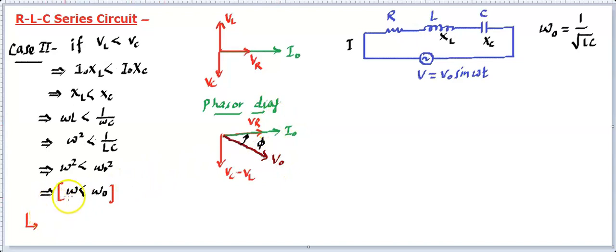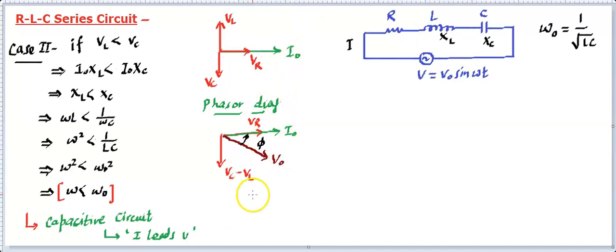And you'll find a conclusion from here. We can make it like this. In this particular case, VC is dominating, the capacitive circuit, so it will have a property of capacitive. So we will say the circuit has capacitive property, or capacitive circuit you can call it. Whenever there is a capacitive nature, then you'll find current is going to lead. So you'll find current leads voltage, and by what angle? That angle is phi. So current is leading, voltage is behind, and phi can be easily calculated.